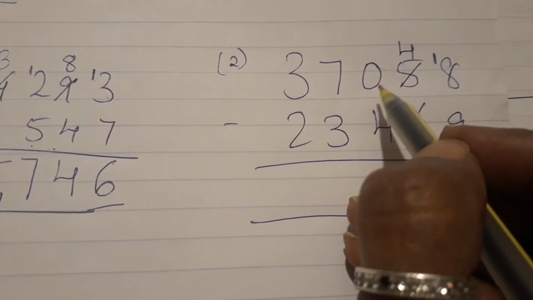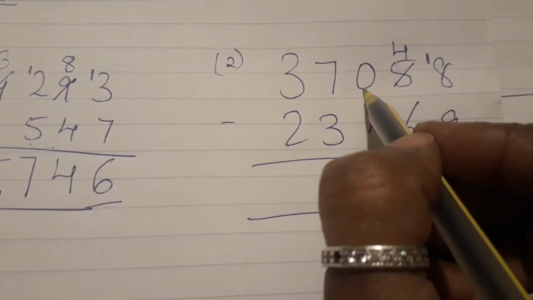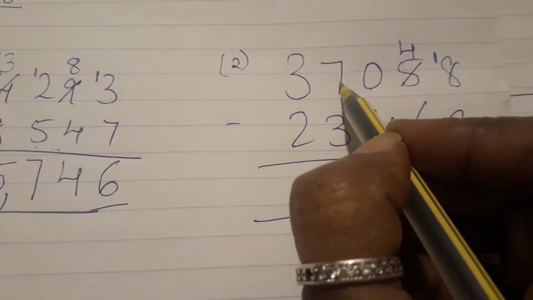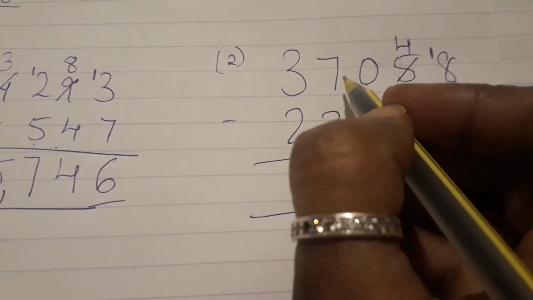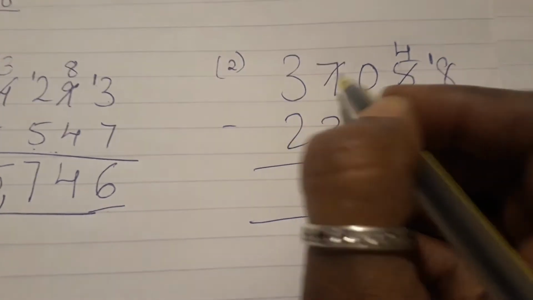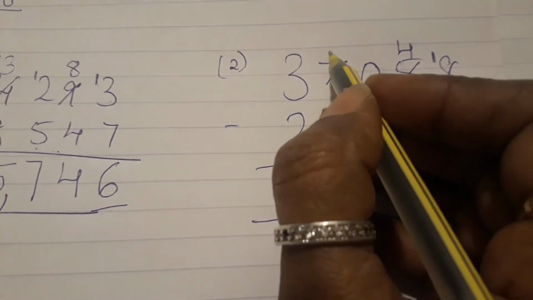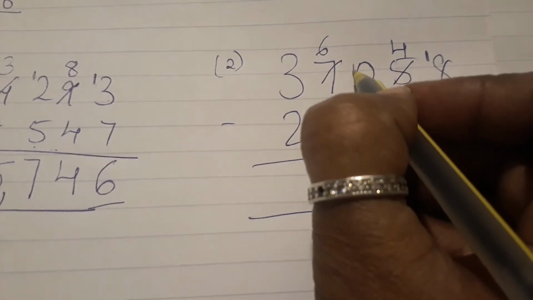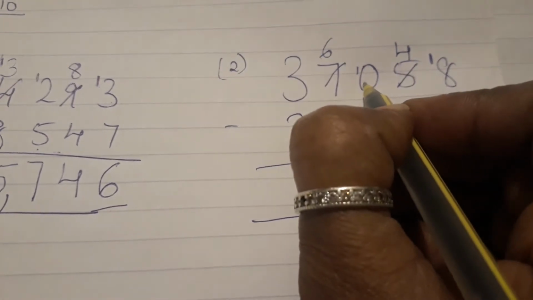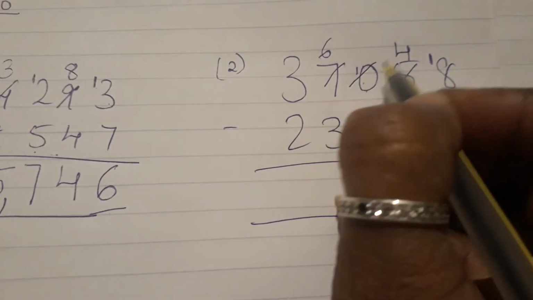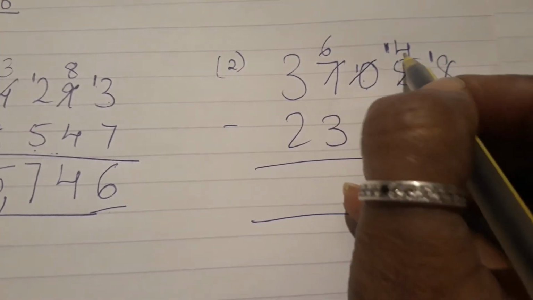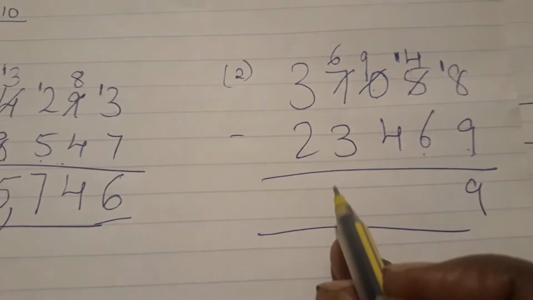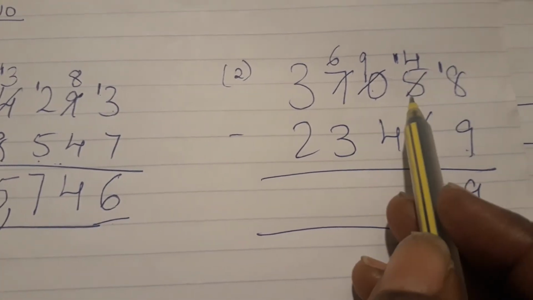So we will borrow. But this neighbor doesn't have any chocolates. See, 0. So what will happen? You will ask the other neighbor, one more neighbor who is sitting next to you. So 7 cannot give it to you, it has to pass it on. So 7 will become 6, and will pass on to this 0, so it will become 10. And this 10 in turn will pass it on to you. That is, 4 will become 14, and this will become 9. Understood now? Like this, 3 children are sitting in a bench.